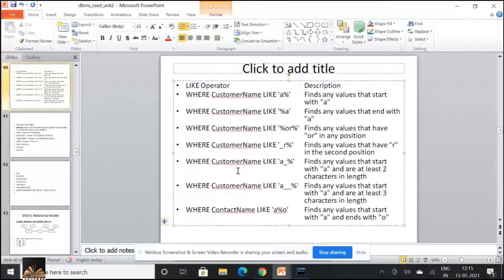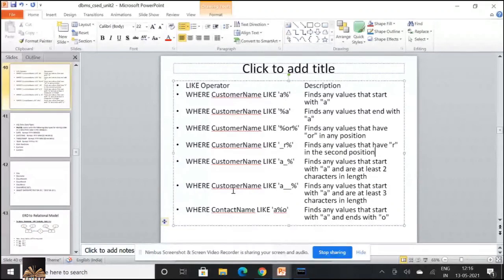Now, WHERE customer name LIKE 'A_%' finds any values that start with A and are at least 2 characters in length. So my customer name should start with A and have a minimum of 2 characters.